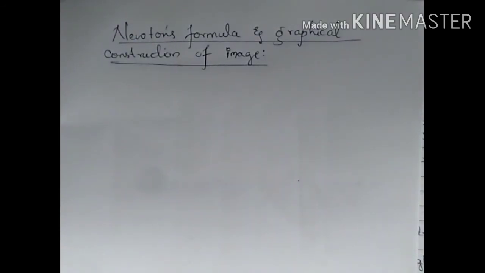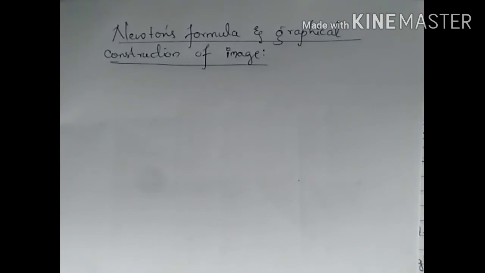So to know this, we need not have knowledge of the position or the curvature of the refracting surface or the intermediate medium. But if we have the cardinal points knowledge, then we can easily draw the image of an object which is placed on the principal axis. So in the last section we learned the F1 and F2 focal points, P1 and P2 principal points, and N1 and N2 nodal points.